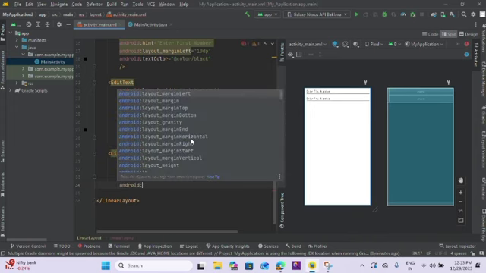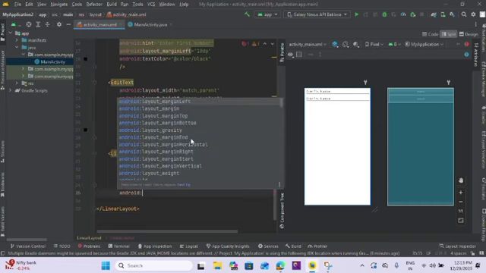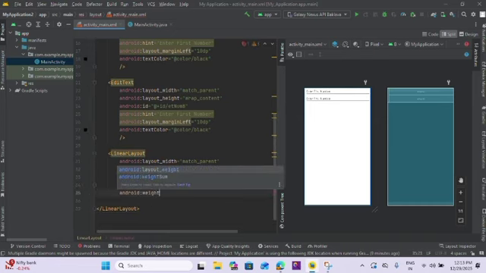After that we will add Android colon gravity, and gravity will be the center. You can take any gravity, left, right, but we require the center, so we are taking the center. After this linear layout we will add the buttons. So we will add Android colon,